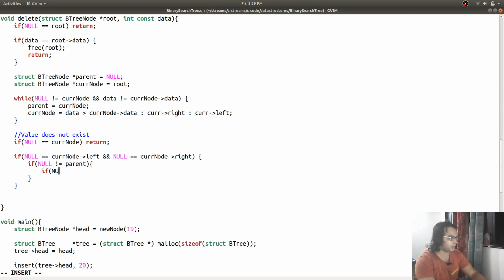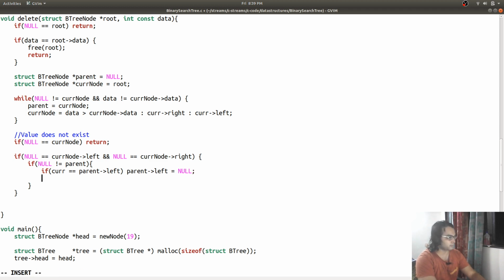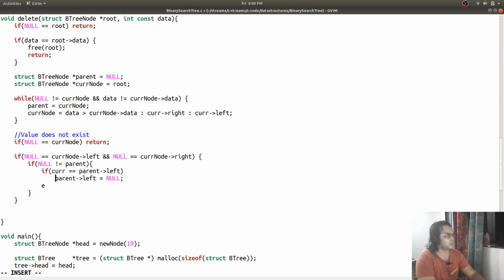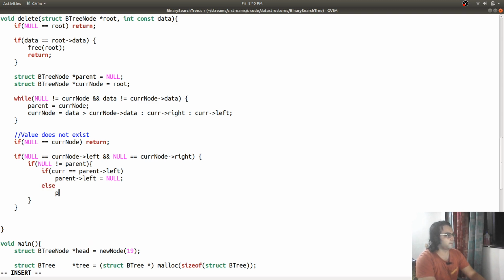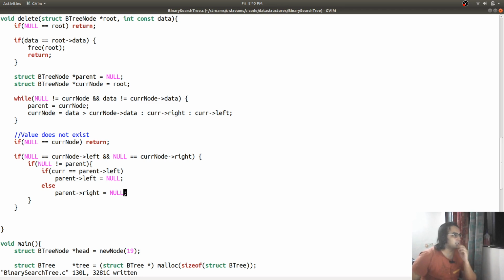So if current is equal to parent left, we'll say parent left equal to null, otherwise parent right is null.